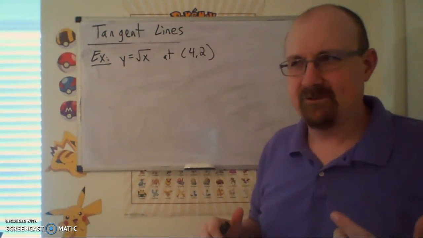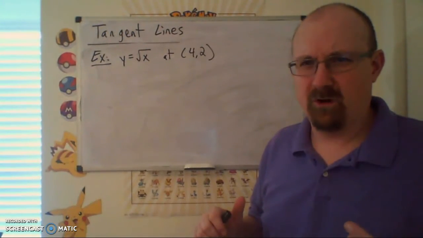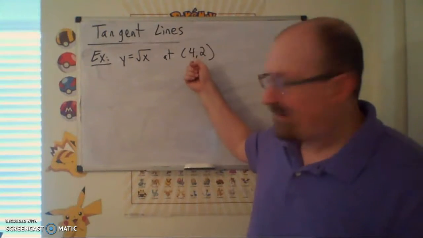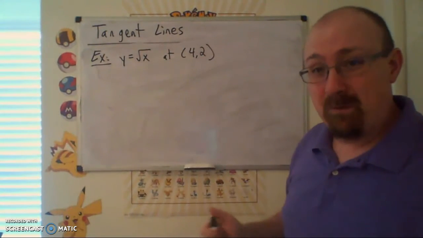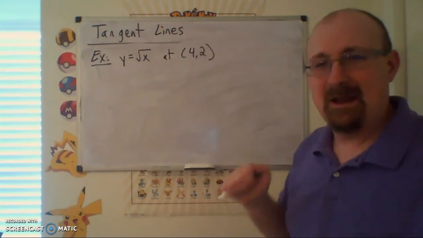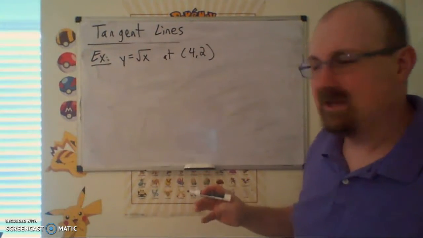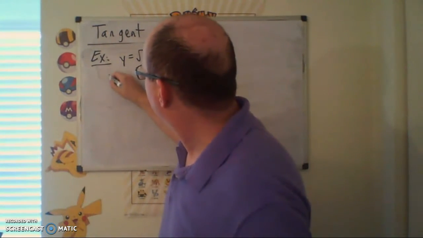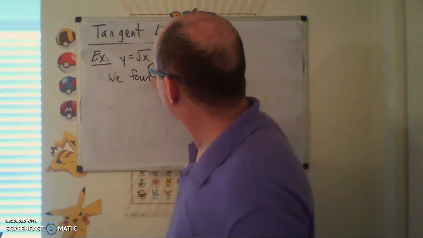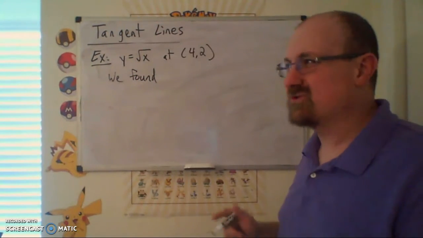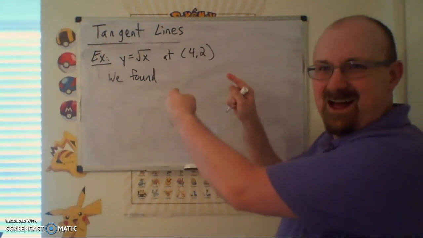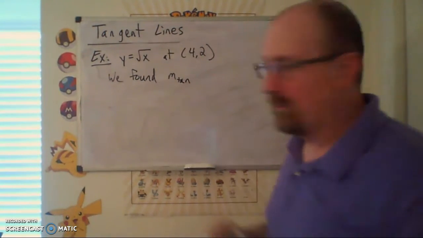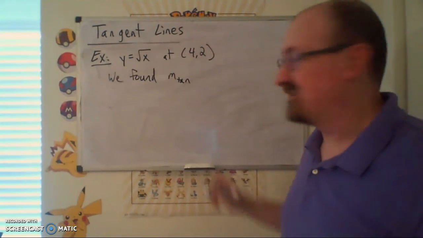If you don't remember this, did you watch the videos out of order? I mean, go back and watch part 1. Anyway, so we've got our point. We needed the slope of the tangent line, and we used a limiting process that we'll lay out more carefully in just a second. We've already, again, part 1, we did it. So it looks like through that limit process of taking approximate secant lines and trying to get close to the tangent line, our tangent line slope, again m with a subscripted tan for tangent,